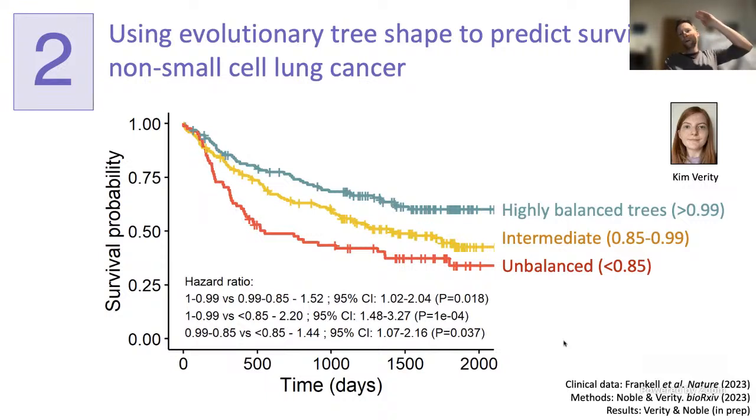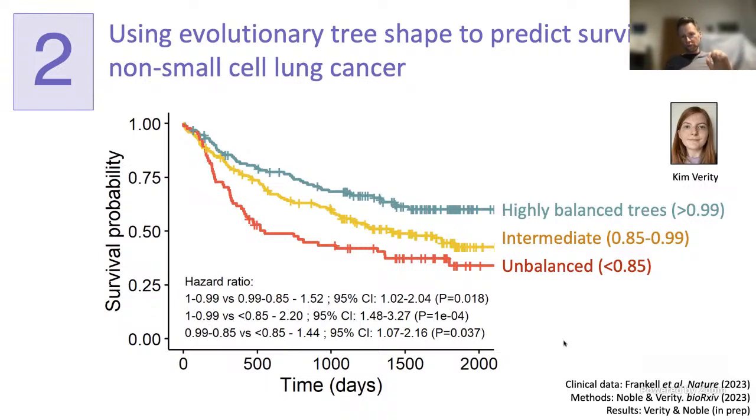So we chose cutoffs so that the three group sizes were fairly similar to the ones you get if you use stage and grade, because that allows a reasonable comparison with what stage and grade tells you, and it gives a kind of honest evaluation of our method. But I want to stress that this is just for illustrative purposes. The real test is what happens if you use your variable as a continuous variable and you don't split into groups at all. You ask, how well does it predict survival as a continuous variable?